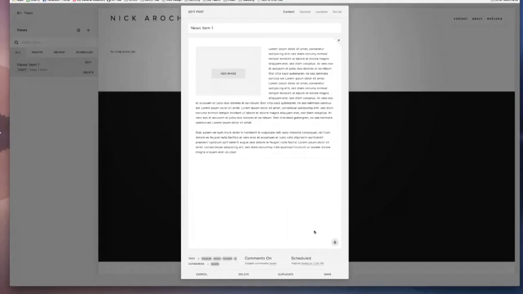Then we can do it as a schedule. This is so cool. So I could create 15 blog posts and then have them scheduled to be posted one per day for the next 2 weeks while I sit on the beach. So I could spend a Sunday making a bunch of content, and then I'm going to schedule this. This is going to be posted tomorrow